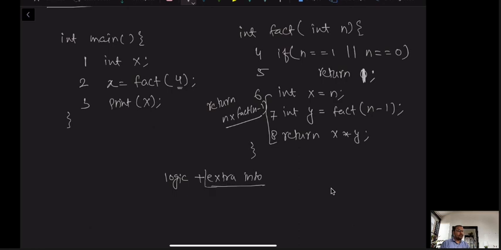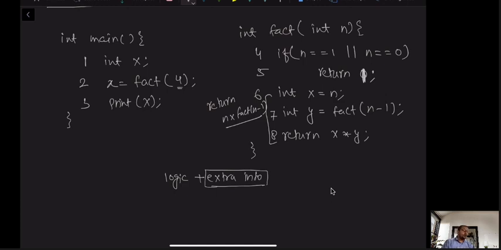We have to learn what this extra information is and why the compiler needs it. Please pay attention, and do not try to mug up things, because if you mug up, then in future you will not be able to understand various other questions. If you understand things, it will take some time, but it will be very beneficial at a later stage. This extra information is not maintained by us, it is maintained by our operating system or our compiler. So what is this extra information? I'll tell you in brief.